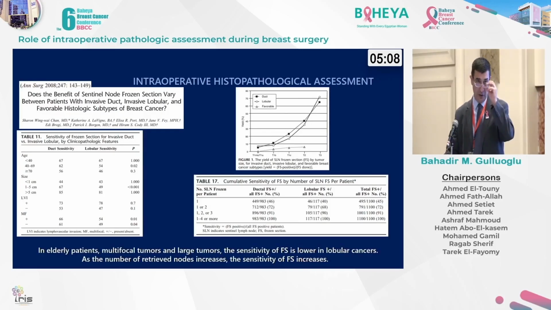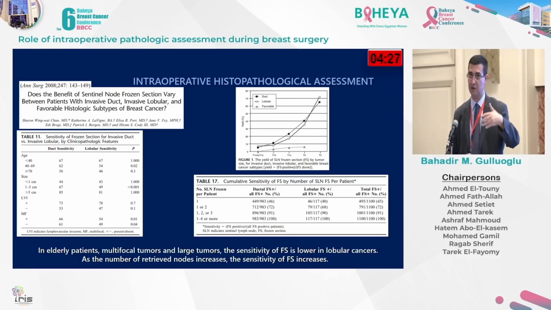But, you know, there are some cases which make us a little bit hesitant during our sentinel node biopsy procedure, especially in intraoperative assessment, and those are the lobular cancer patients, because there we know that we have more false negativities. The studies so far show that the sensitivity of frozen section is especially low when you're dealing with elderly patients over 60 years of age, multifocal tumors, and large tumors. Also, if you retrieve only 1 node, that is dangerous for lobular cancer, but